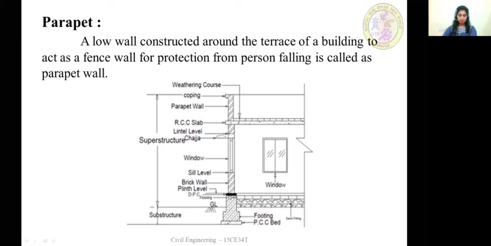See, this is the plinth. It is a course provided at the ground level. And the sill is the bottom surface of a door or window opening. Here you are seeing the parapet, and above the parapet in some buildings, they usually provide coping. Coping is a protective layer which is provided on the parapet wall or a boundary wall to drain off the rainwater.